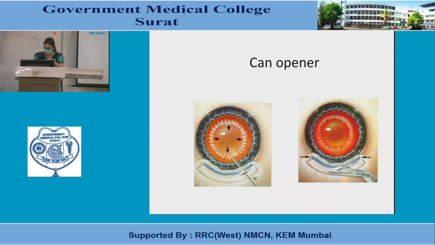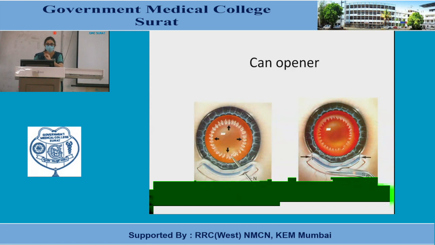Right, so this is one type, but again certain conditions where you cannot go for a continuous curvilinear capsulorhexis, you may partly complete it with doing a can opener. So this is usually done in case of sometimes mature cataracts where the capsule is very fragile and you are not able to complete your CCC. Otherwise, in today's scenario, what is done or even attempted is only a continuous curvilinear capsulorhexis in any of your cases.